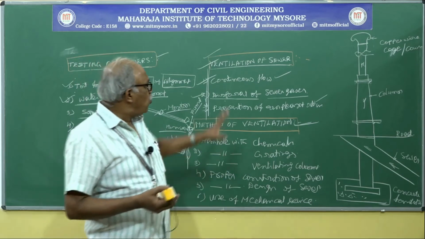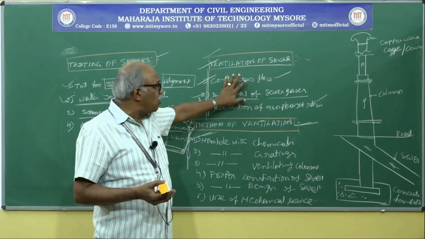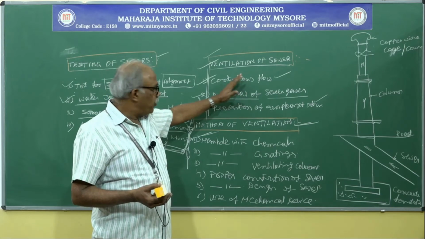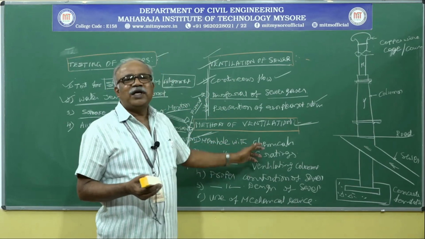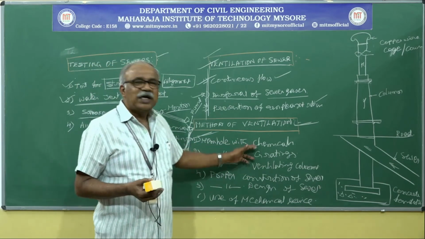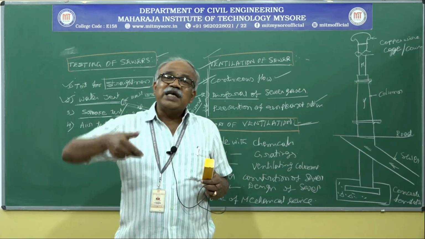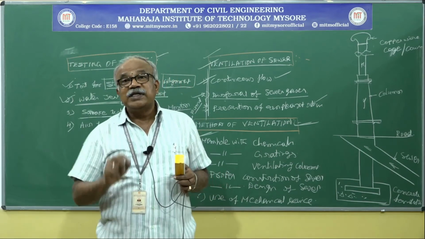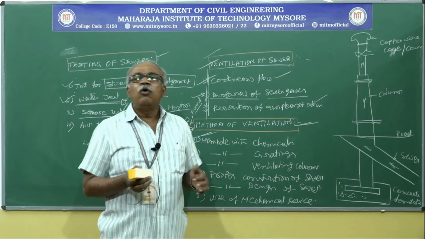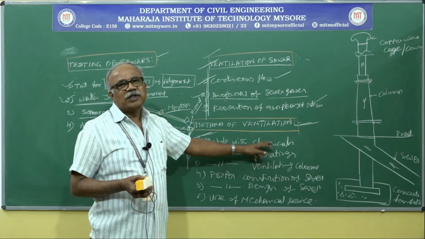Why? Whatever unwanted or harmful gases come out of the wastewater flowing in a conduit can react with these chemicals. Are you clear? They react with these chemicals, and such gases can easily be escaped into the atmosphere safely without causing any damage to human beings. For that purpose only we have to provide chemicals.